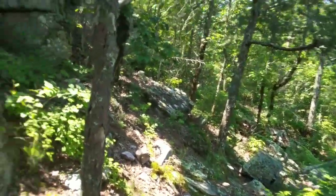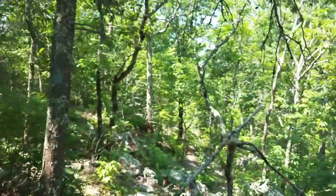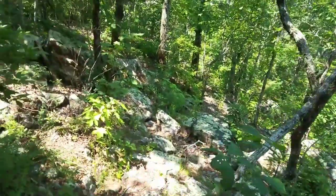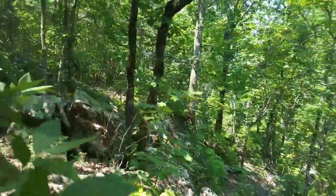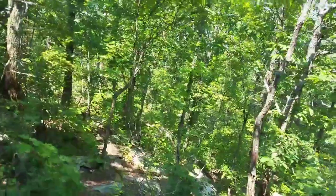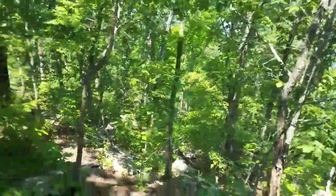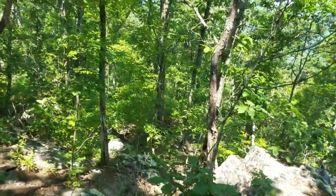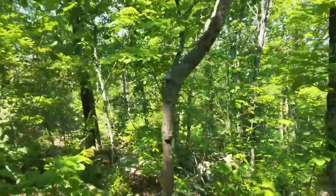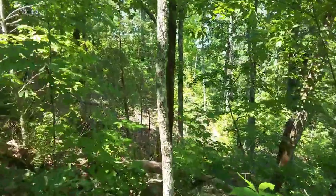It's something else. Anyway. All right. I have thoroughly enjoyed this though. It's been a real cool experience. Was there a blue blaze back there? Alright, so we know we're still on the right trail. That's the first one. Haven't seen any blue paint marks on the trees that mark the trail, so